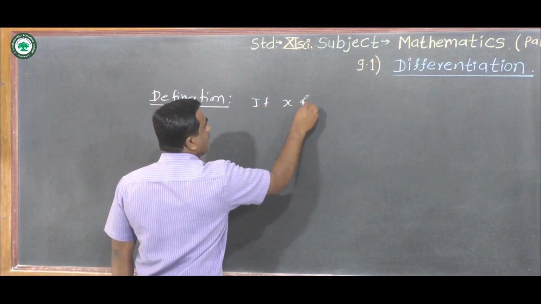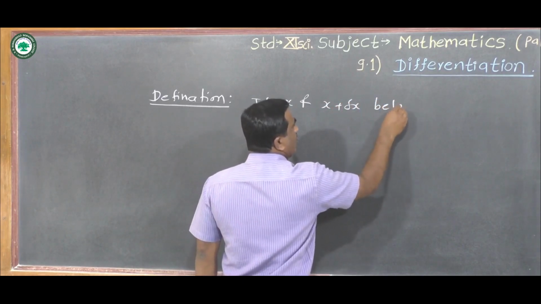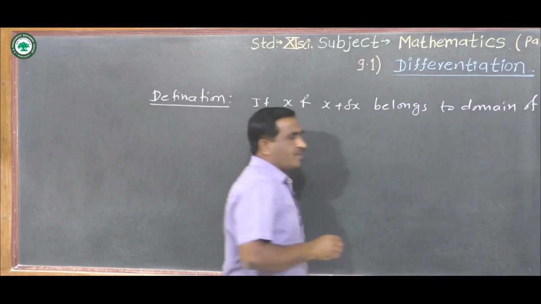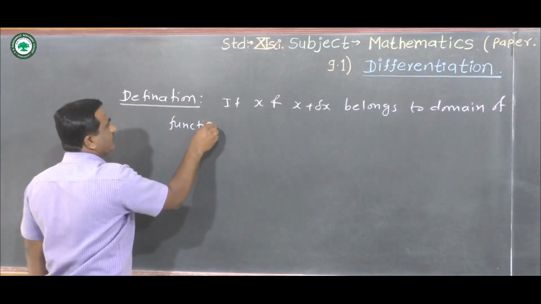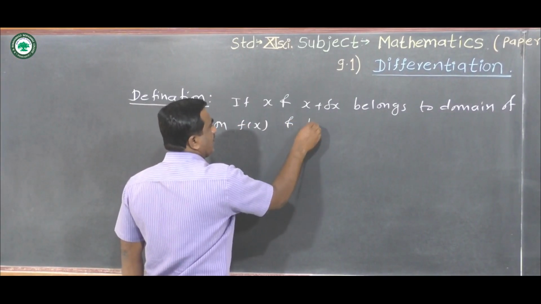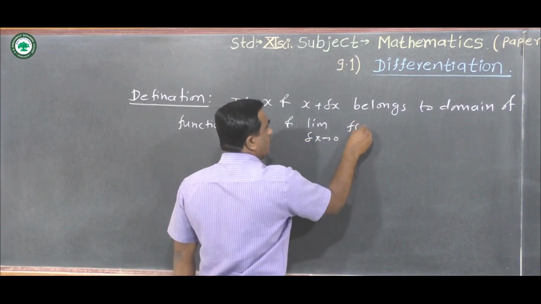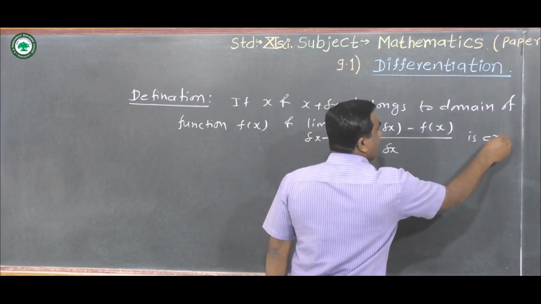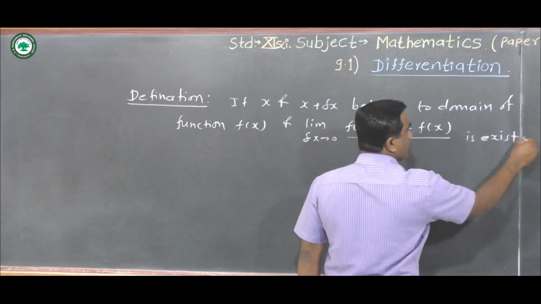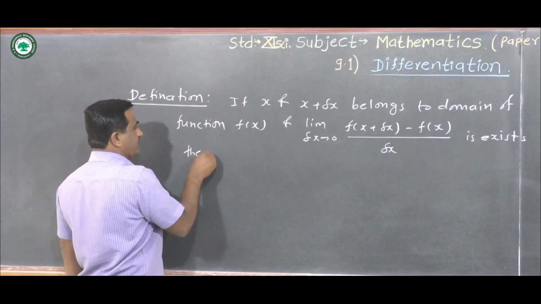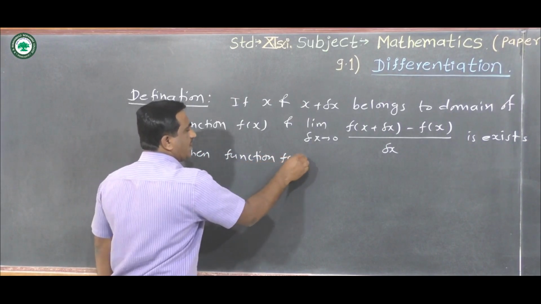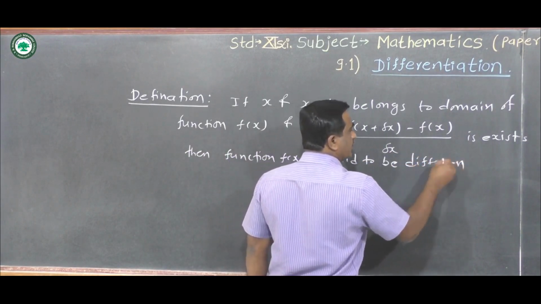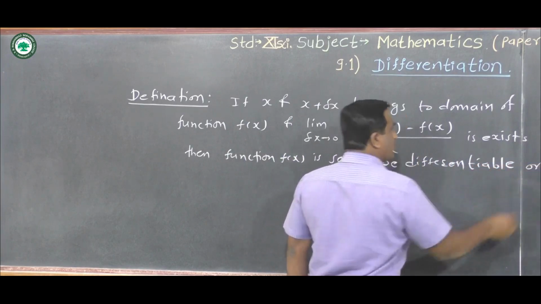If x and x plus delta x belongs to domain of function f of x and limit delta x tends to 0, f of x plus delta x minus f of x upon delta x exists, then function f of x is said to be differentiable or derivable function,